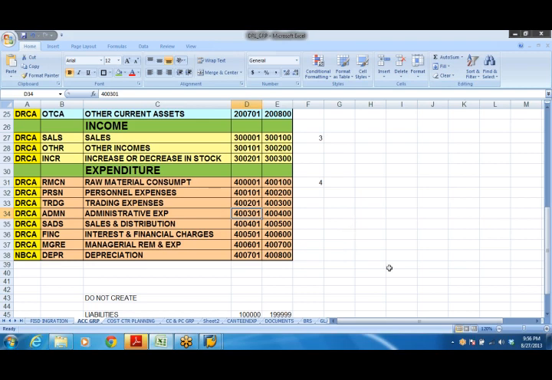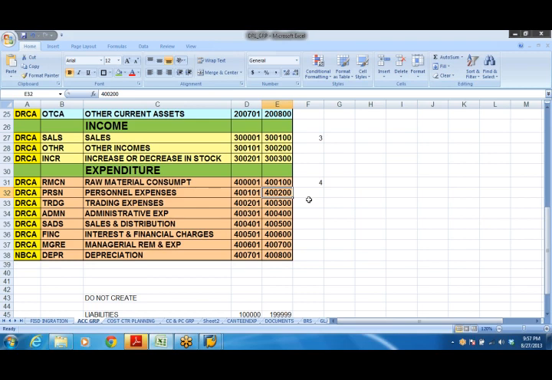All raw material consumption accounts separate, 400001 to 400100. Personnel expenses, meaning employee related expenses, 400101 to 400200. Even when I go to controlling, I'm going to create cost elements subsequently. I think you might have come across the controlling area because you are already working in a SAP environment. Did you come across creating cost elements before? Yes.